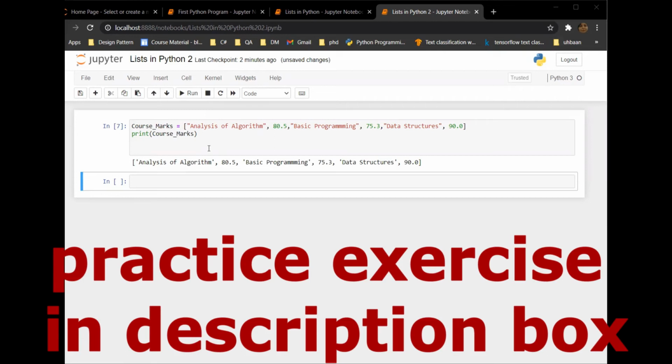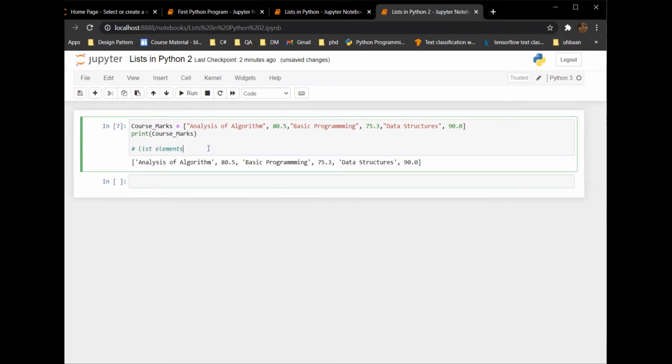We will continue from the lists, and we are going to see how an individual element from the list is accessed and how we can use it in our different formulas. So today we are going to learn that list elements